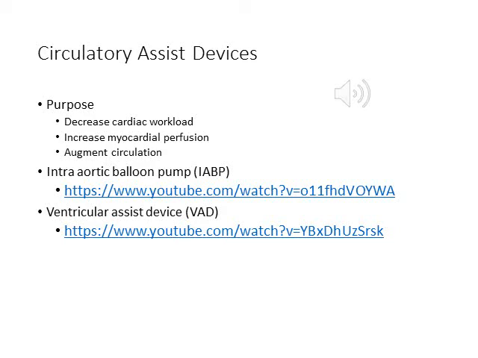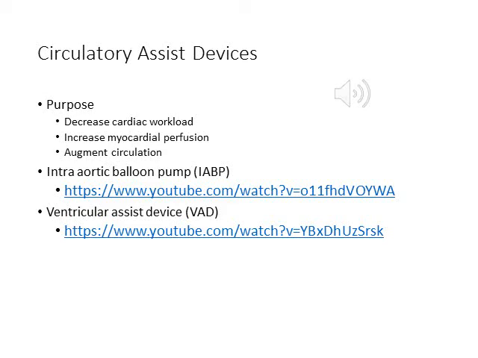So after somebody has an MI that affects the left ventricle, the muscle is not working as it should and therefore sometimes needs assistance. This assistance increases the patient's stroke volume and decreases myocardial oxygen consumption. The YouTube video here is a good explanation and shows a picture of the IABP and how the